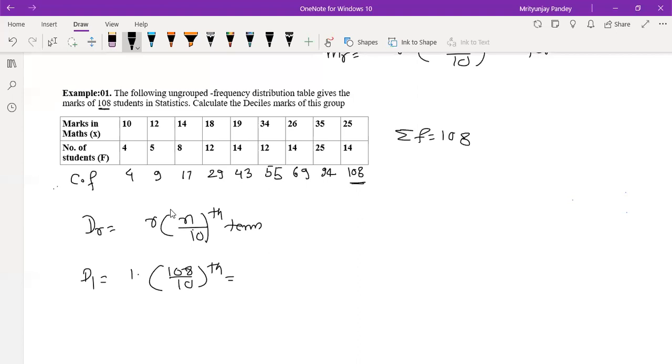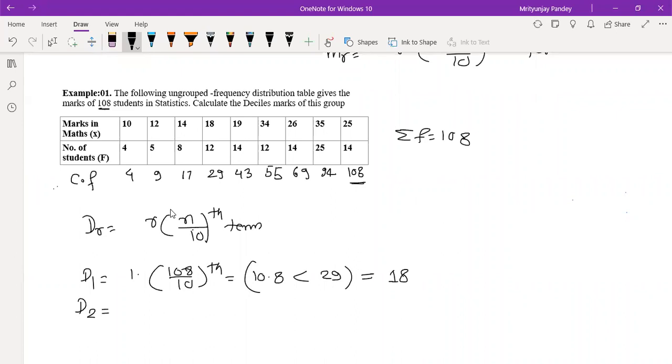10.8. 10.8 is less than which cumulative frequency? 29, right? Understood? So 29 का corresponding marks कितना है? 18. This is your D1. Understood? Then I calculate